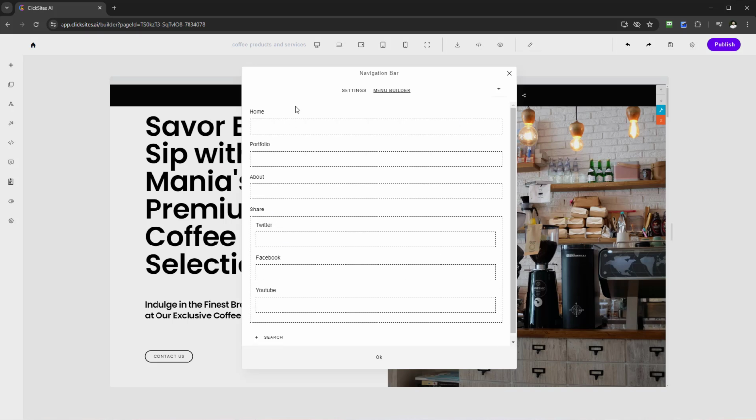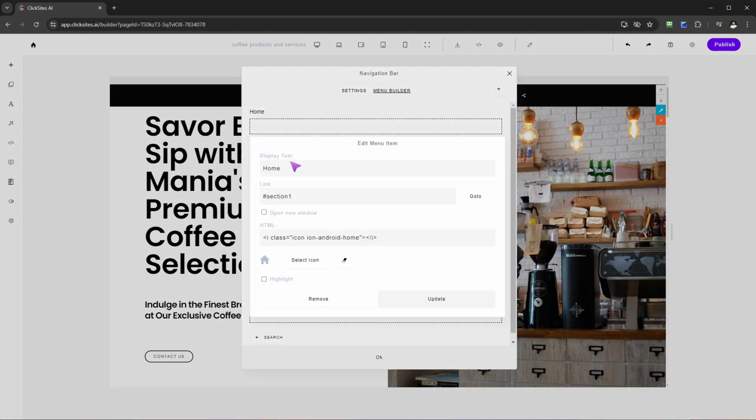Now if I select home, you'll see I've got the display text, but I have the icon anyway. It's going to be a home icon there, so I can keep it as is. Now another thing I'll draw your attention to is that you can embed a link. So if you want to redirect the user